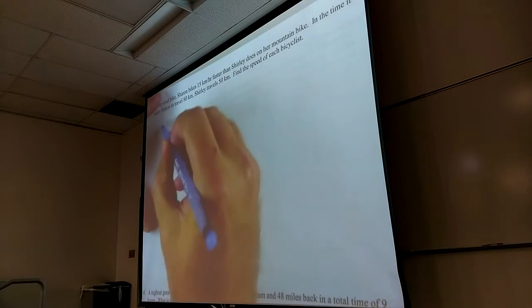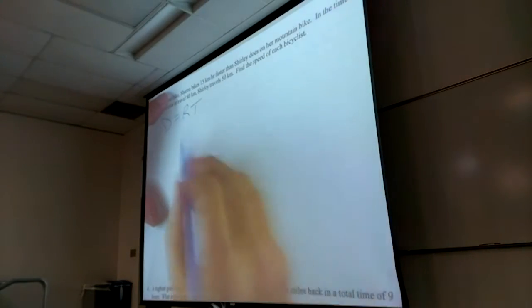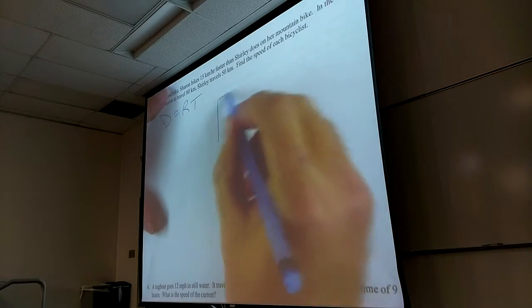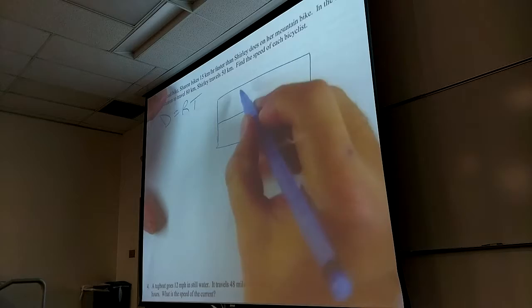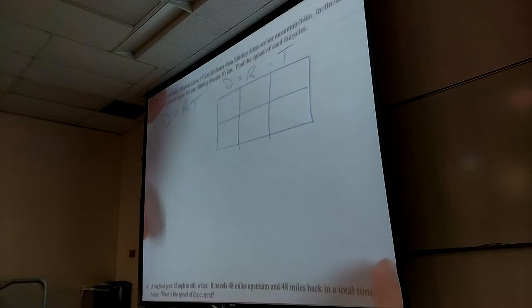All right. So the main idea behind this problem is distance equals rate times time. I'm going to give you a method, you've probably seen it before, that just helps us organize stuff. You see how there's two things going on? In this case, there's two people. In general, it could be one person going somewhere and coming back, so that would be there and back. So what I can do to organize this is set up a little chart. Not the only way to do this, but it's a nice organizational tool.